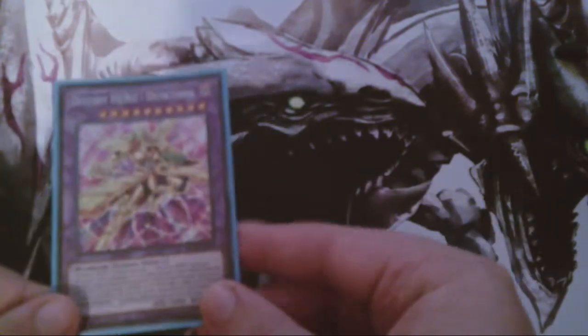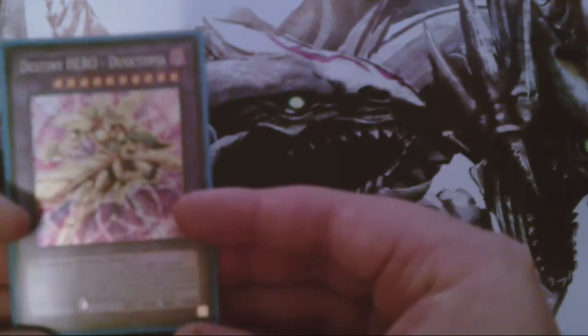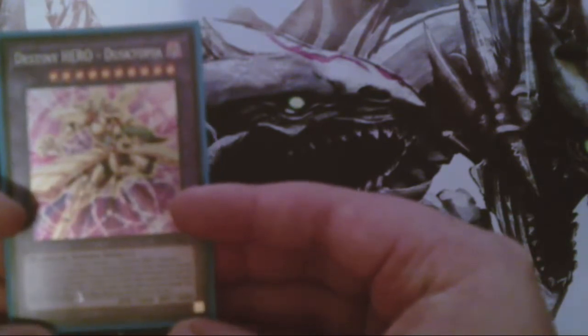And here's the Dusttopia, speaking of Dystopia. This one takes a Destiny Hero fusion monster and one Destiny Hero monster. You're not going to summon this too often. But its effect is if this card is fusion summoned, you can fusion summon one fusion monster from...